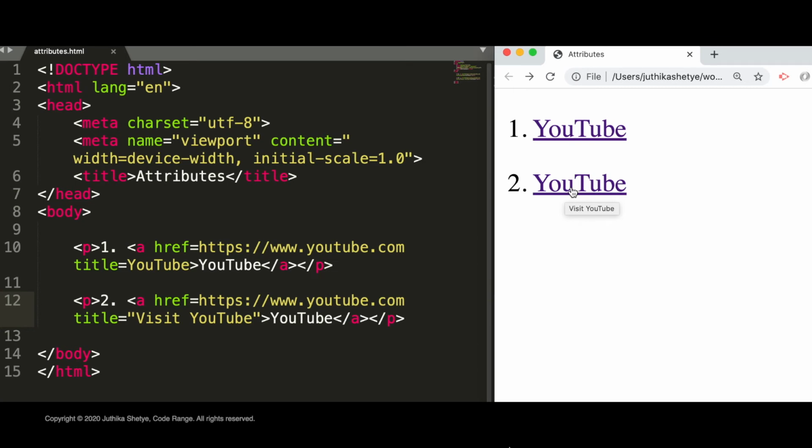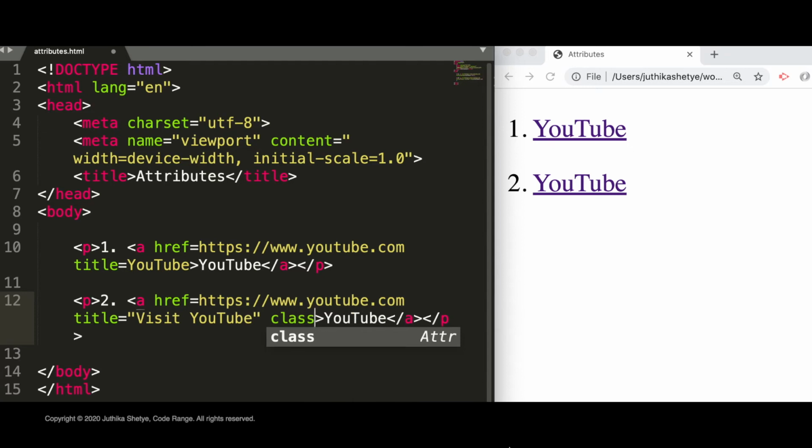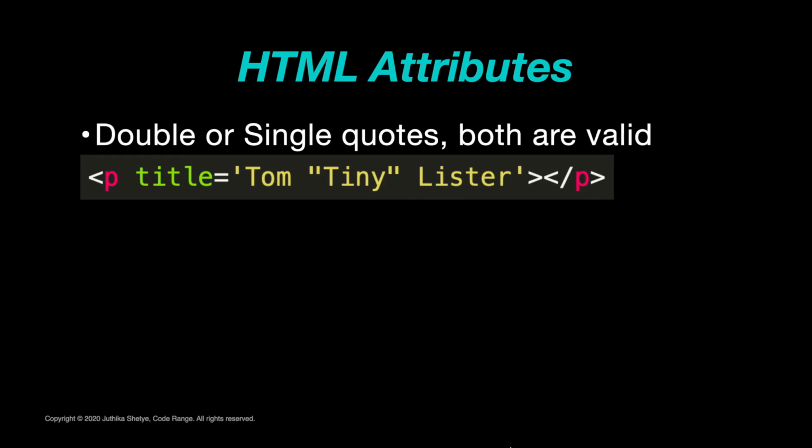In fact, in Sublime, if you just write the attribute name in an element, let me write a class attribute here, and press the tab key, it auto-completes like this with an empty value in quotes. So this is a nice shortcut that you can use and not forget the quotes. I've put a link to this code in the description below so you can try this example for yourselves. Now most developers use double quotes for the values, but you can use single quotes too. And in some cases, like you see in this example, if the word itself in the value has double quotes, then you have to use single quotes for the attribute value.